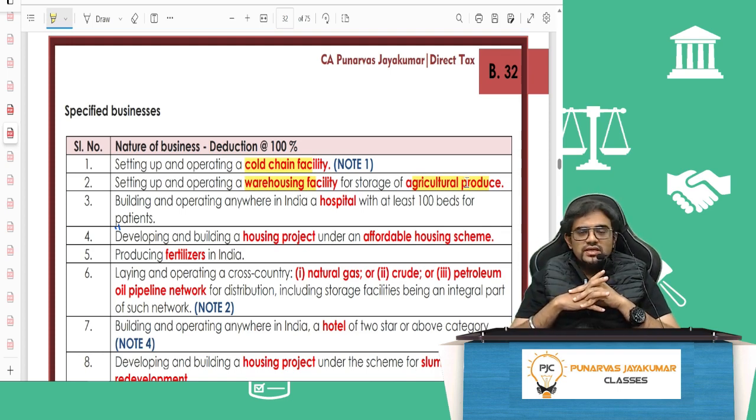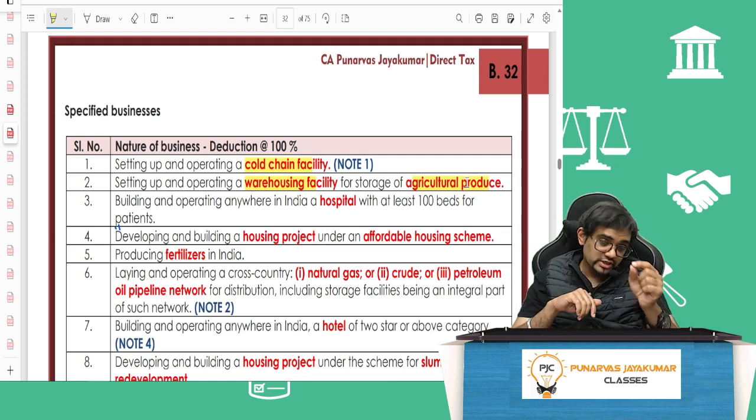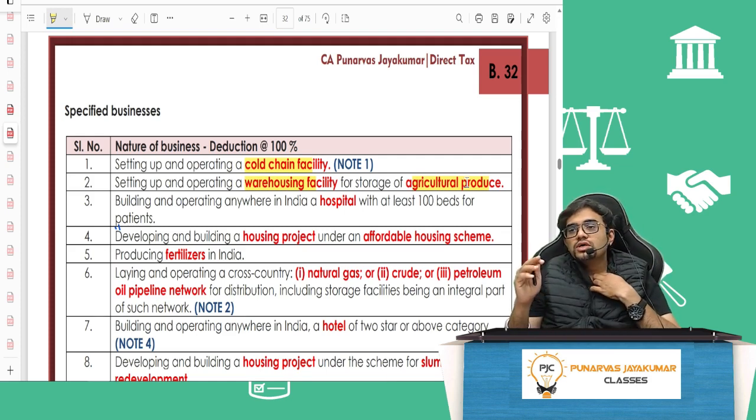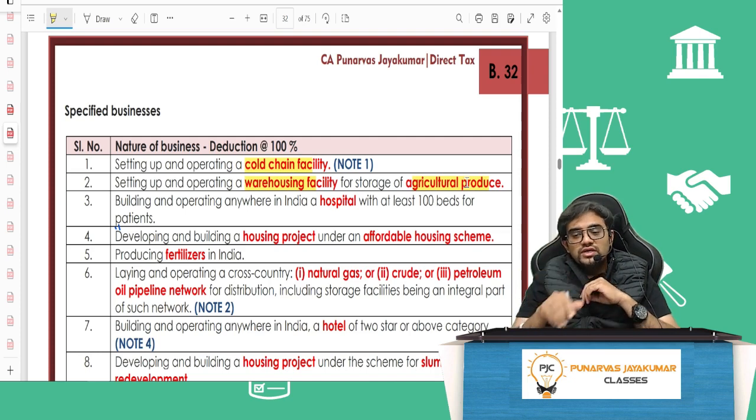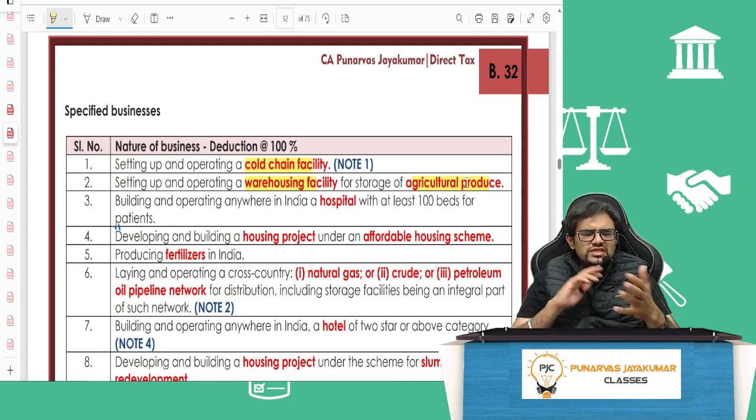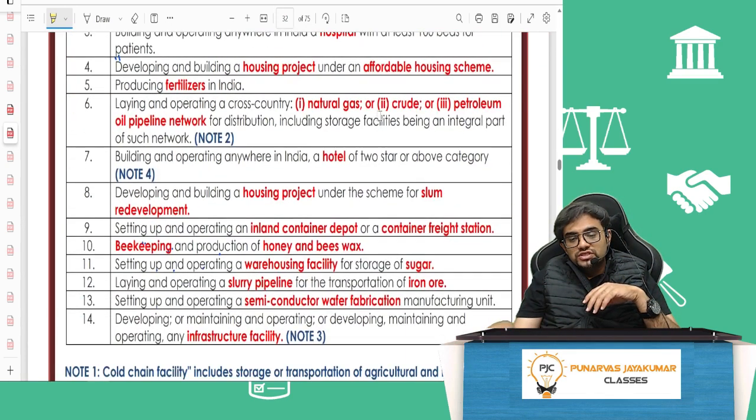Though bee raising is written separately, earlier before that law came, agricultural produce included that as well. Everything, the byproducts also would be included, but generally it did not include sugar, because sugar is a byproduct of sugarcane. So though growing of sugarcane is allowed under agricultural produce, manufacture of sugar was not in agricultural produce, because manufacture of sugar is a byproduct of the agricultural produce. So there was a lot of confusion. Some people said it's included, some people said it's excluded. That's why, to clear the confusion, they have also added setting up and operating a warehousing facility for storage of